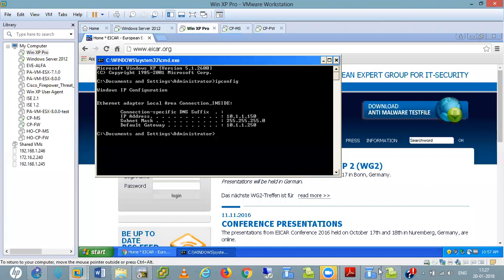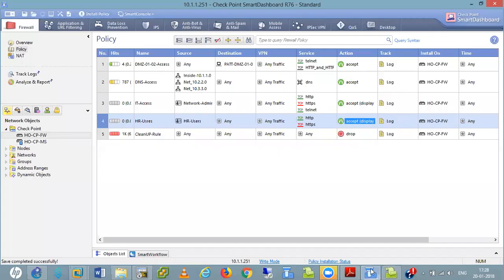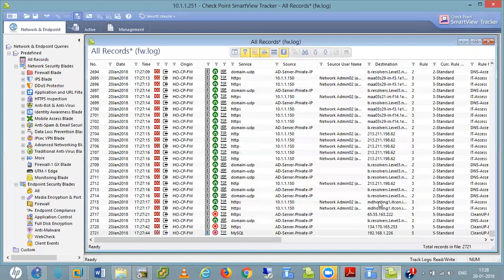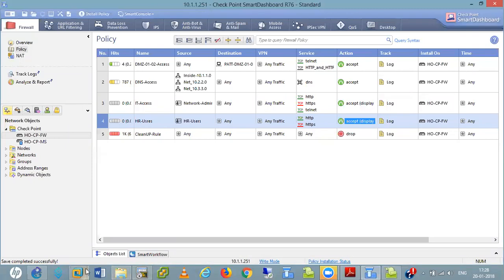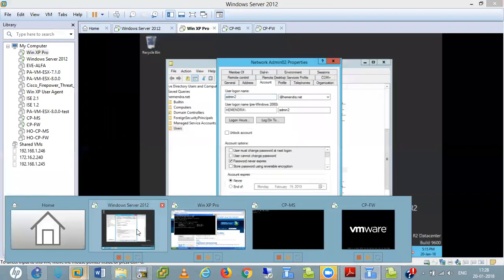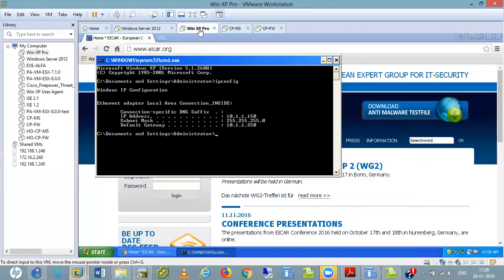So basically, it is logged in as this admin 02. What happened is that I changed the IP address, but I didn't shut down that port. That's why. It's not an issue.